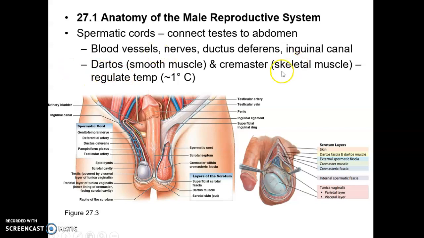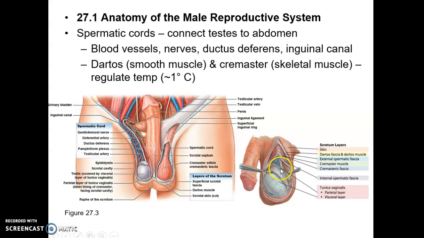The dartos is smooth muscle, and the cremaster is skeletal muscle, and they work in concert. Here's the dartos region, and the cremaster is somewhat deeper, but they work in conjunction to raise or lower the testes within the scrotum